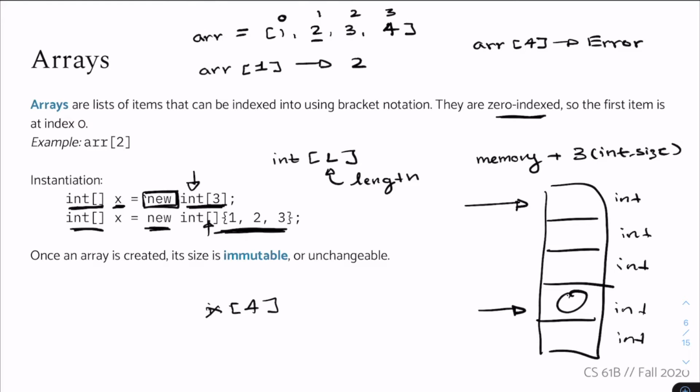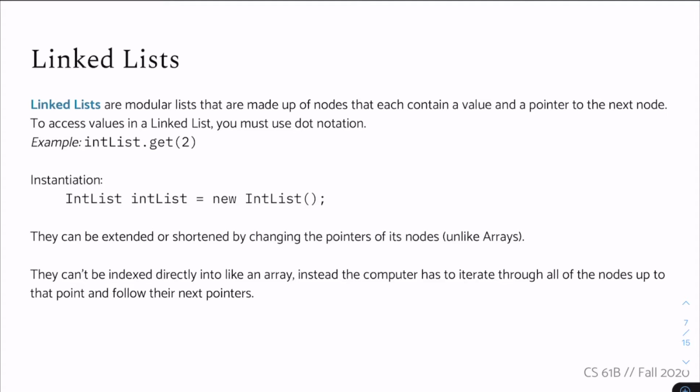Okay, we've talked about arrays. Let's talk about linked lists. So I'm sure you've seen linked lists before in previous classes, but we're going to go a little more in depth in this class. But for today, all we're doing is an overview of the syntax and what it means. So linked lists, in essence, are similar in purpose to arrays, but they have different pros and cons. So linked lists are modular lists that are made up of nodes that each contain a value and a pointer